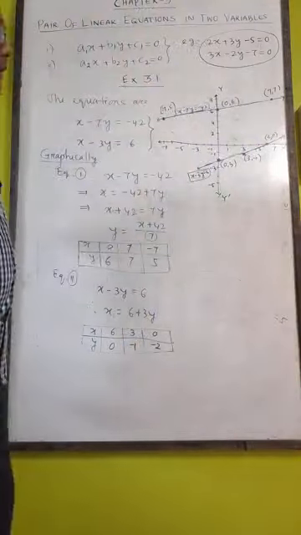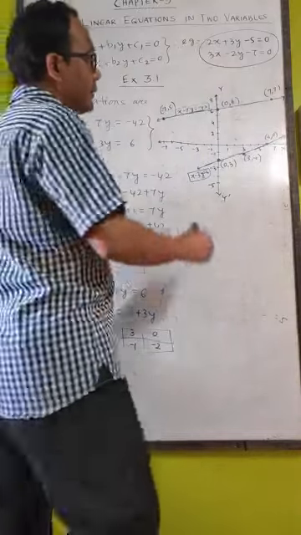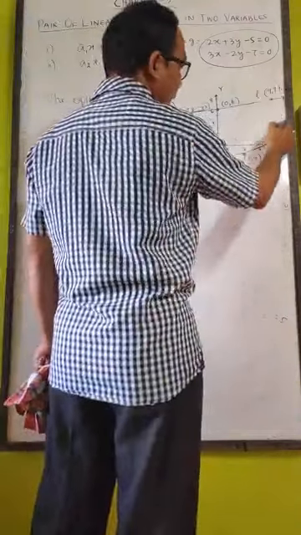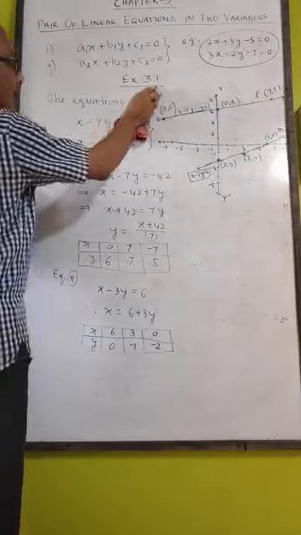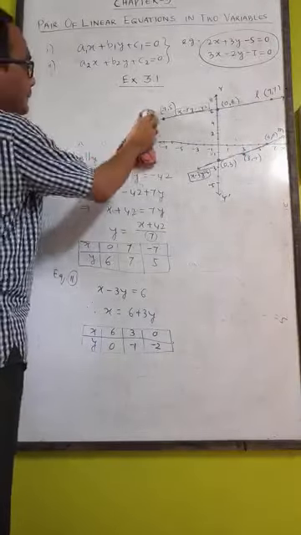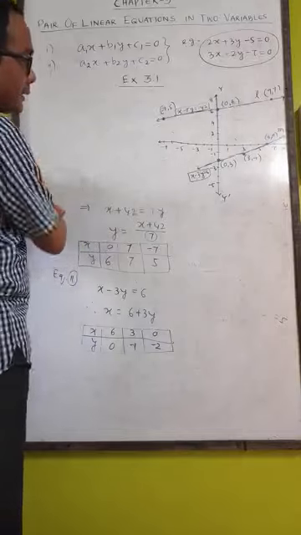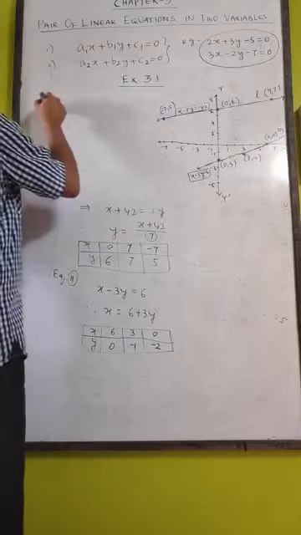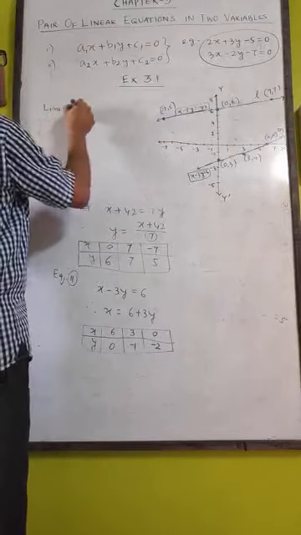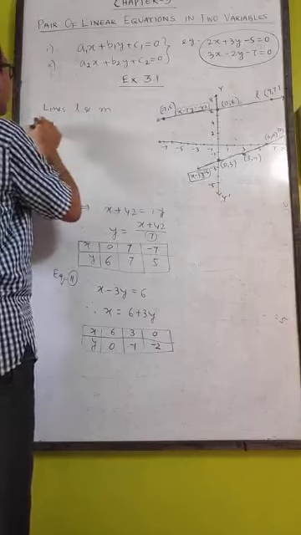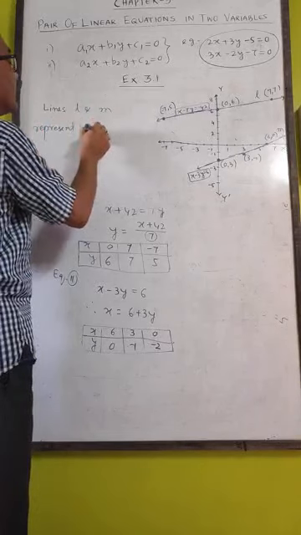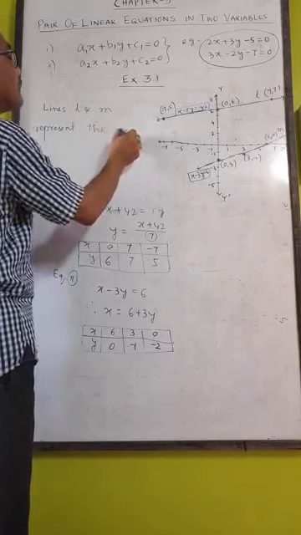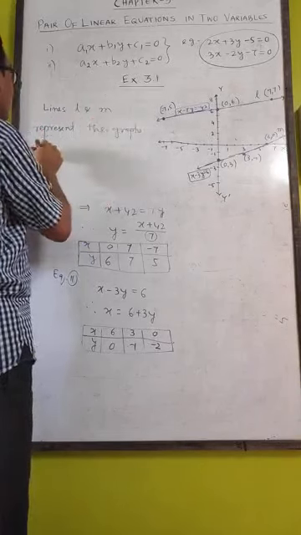So like this, we have got two lines. You can name these lines also L and M. Okay, so you write L and M represent the graphs of the